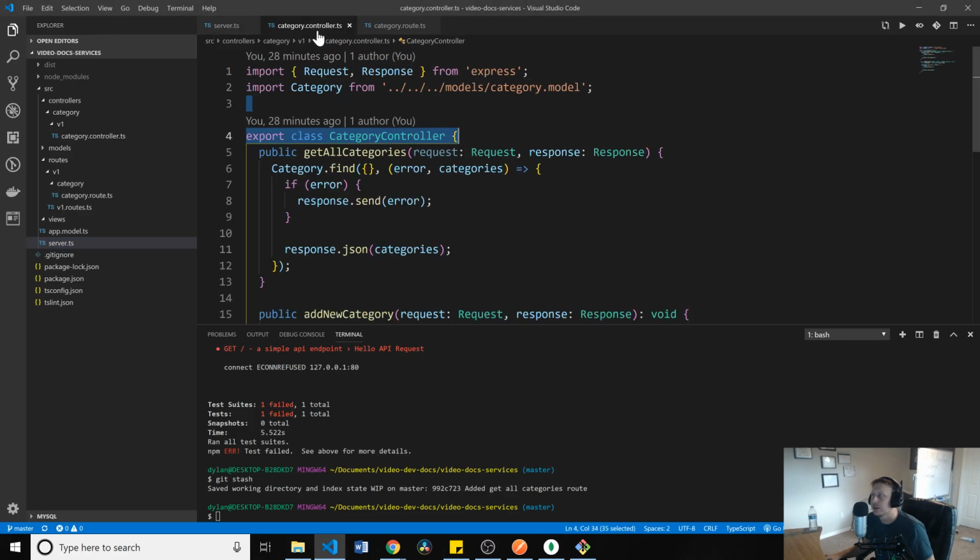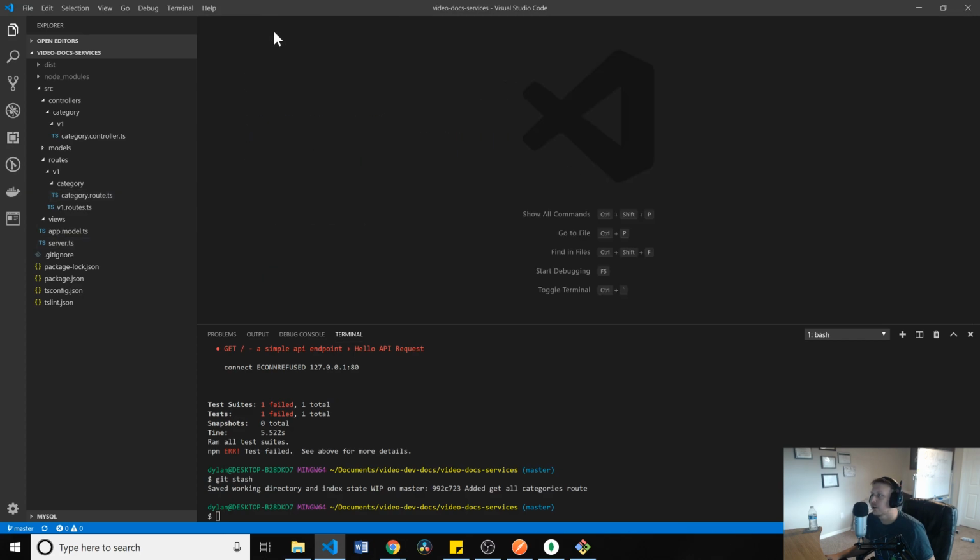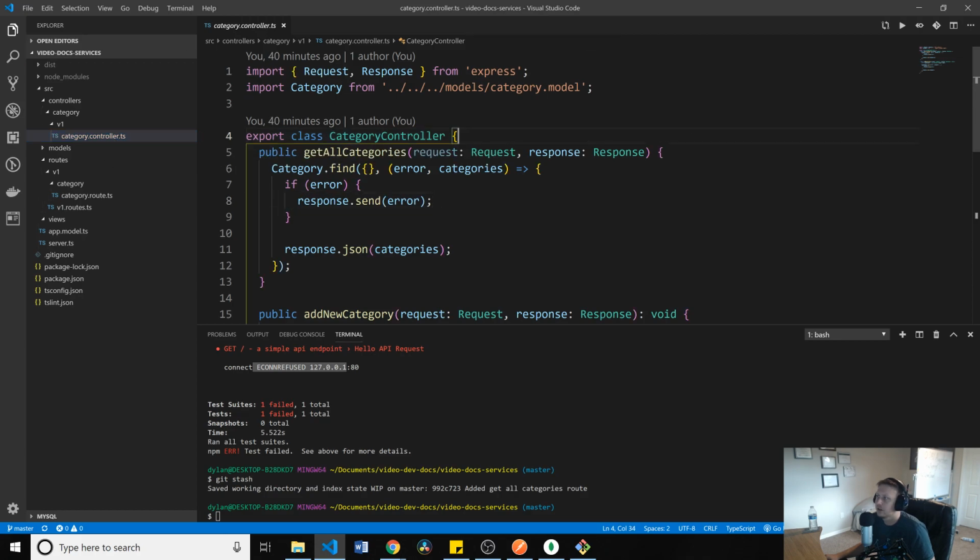So, well, I think right there we had it working. So we had it hitting it. I think the issue that we were having was that we weren't mocking out our database, which I don't even know how to do, because that's why it's timing out. Or, you see, we were getting our connection refused. All right, so